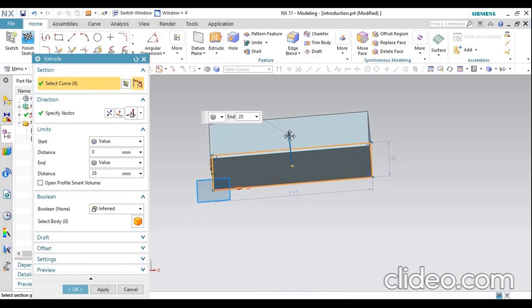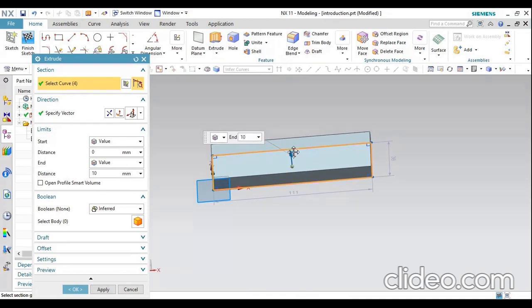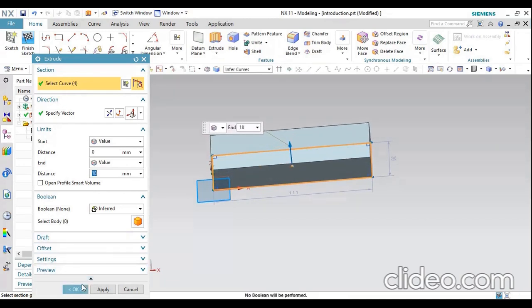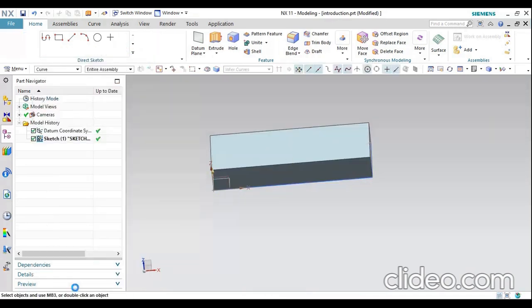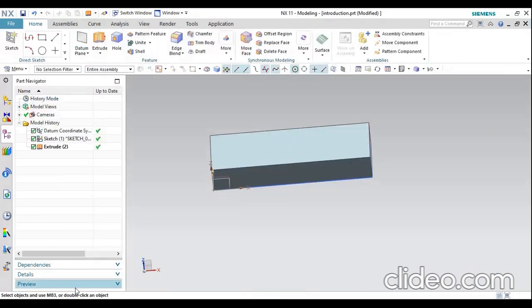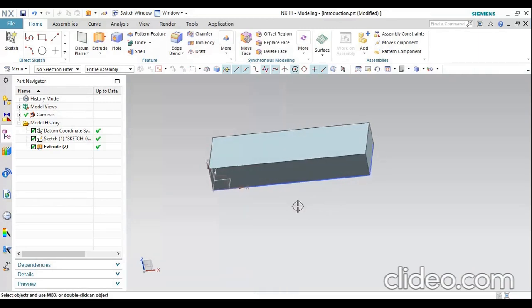Otherwise, you have to extend this line like this. Then click in here. There is a boolean operation, which will be used where two objects meet or subtract from one object to another object. So successfully you generate a 3D model with the help of a 2D sketch, right?